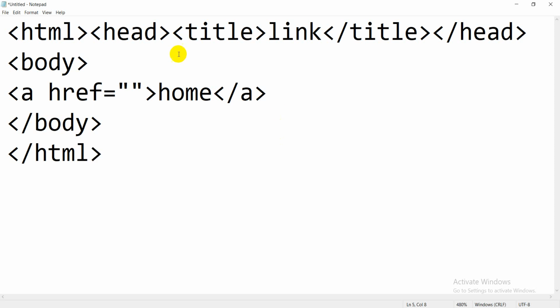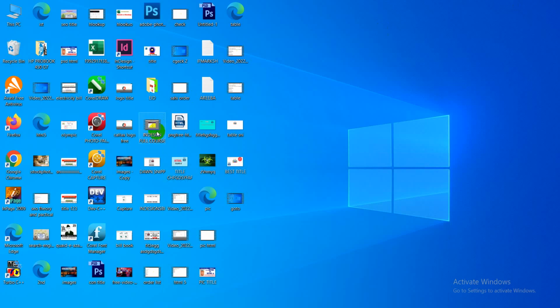Okay, I have already told you, if you want to apply a link in your HTML page, you will write a href. It means a hyperreference. So to apply a link, you will open the file you want to apply as a link. Suppose I want to link my HTML file from this file, so I will open this file, right click,